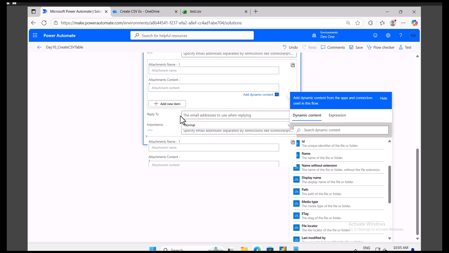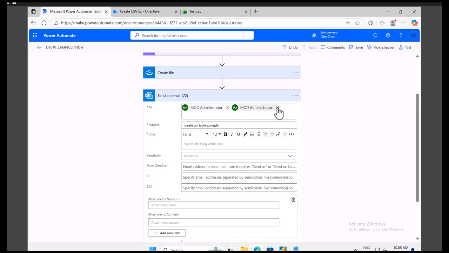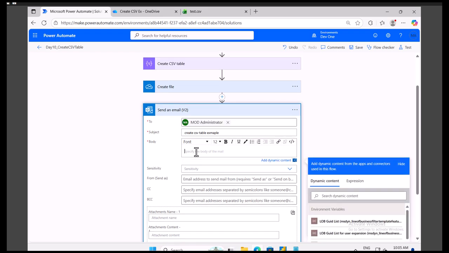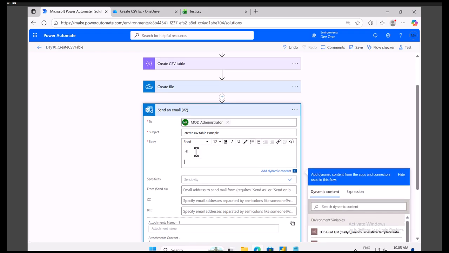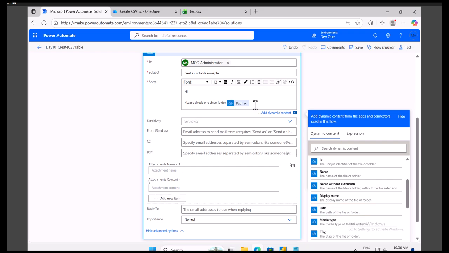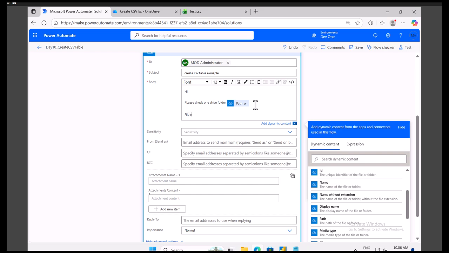So the direct contact is not there. So what I will do, I will first of all remove this one. I will say, hi, please check OneDrive folder. And here we'll give the path. And then we'll tell the file name is,